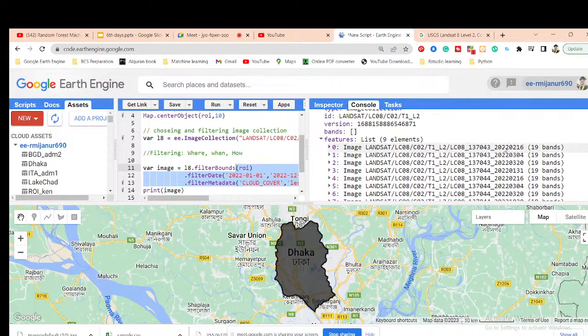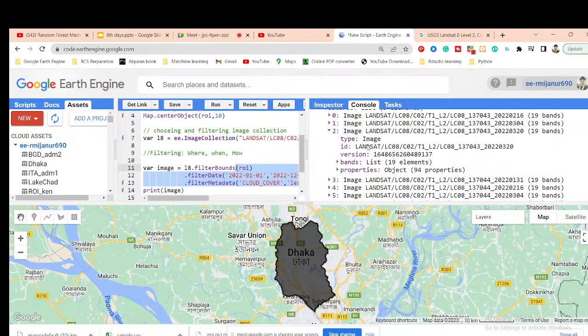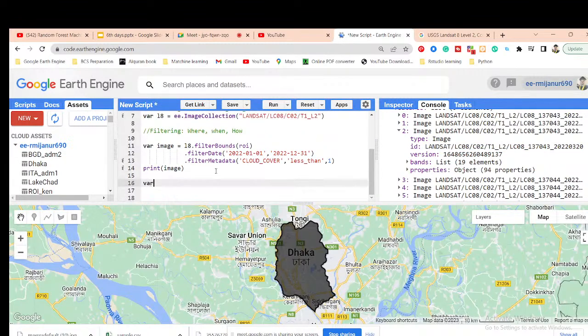You can see the first image is from the year 2022, 16 February, then 4th March, 20 March, 31 January, 16 February. So in this time you can see all of those images have a total of 19 bands. Okay, so when you want to work for the single image classification, what can you do? Just simply copy this ID, and then simply take a variable. Suppose I put the variable name as single image. You can use any variable name, then put here the ee dot